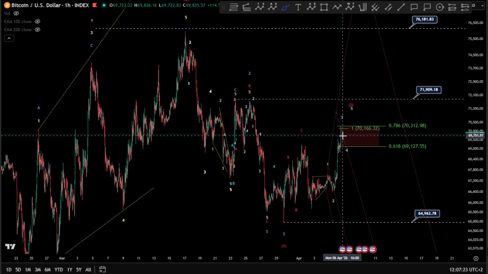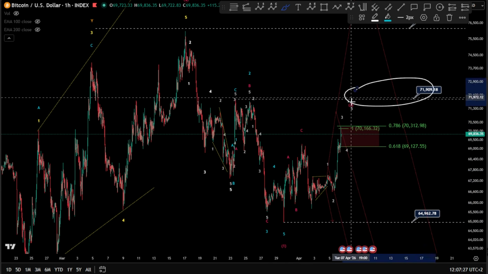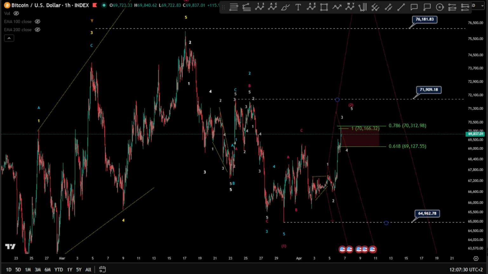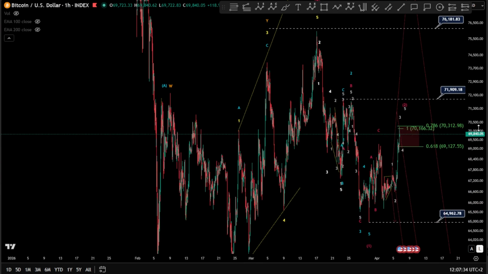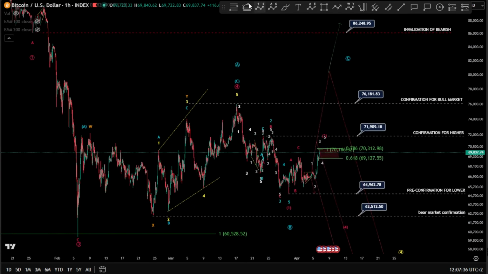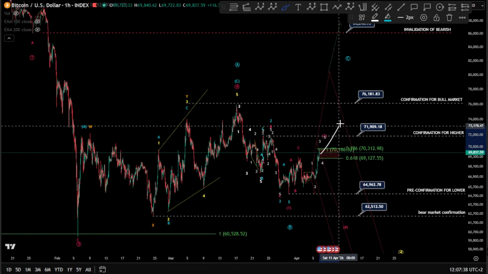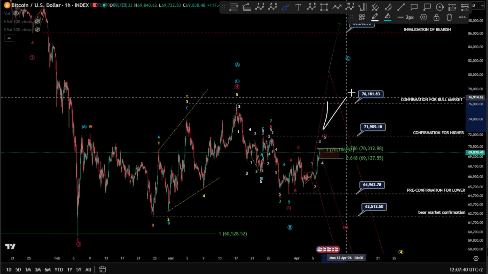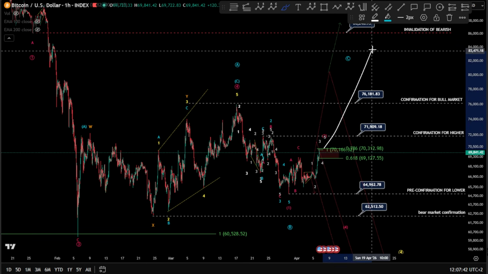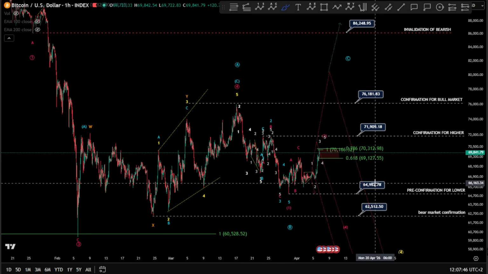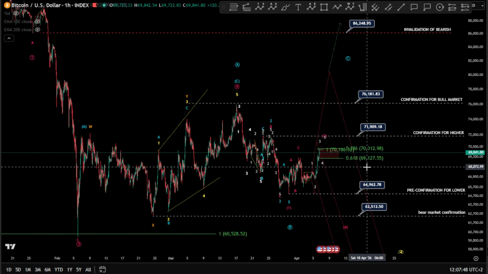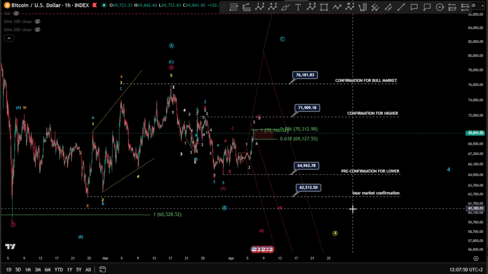further lower prices. If the price continues and breaks this area and takes 71K here, 900, then okay, it is a very likely potential pre-confirmation for higher, and that means yes, probabilities are getting higher and higher. You enter the zone for bullish, but you want to break it. So things get higher here for bullish. Yep, we'll see, guys, what's gonna happen. We'll see. That was it for Bitcoin.